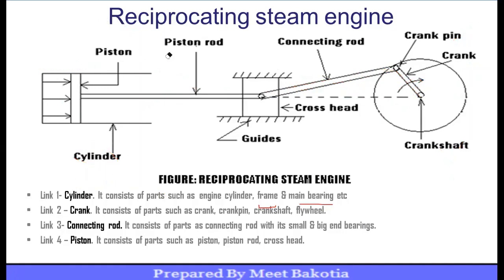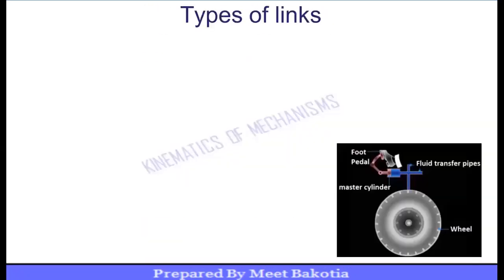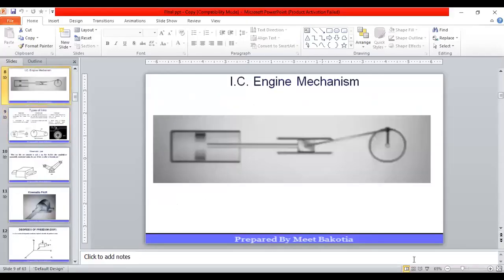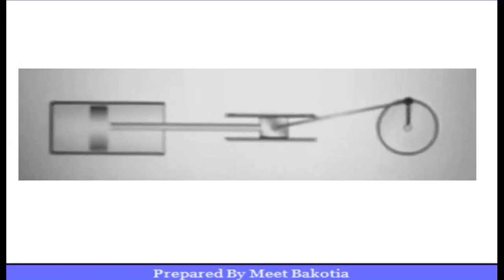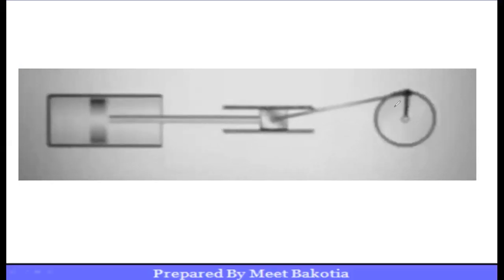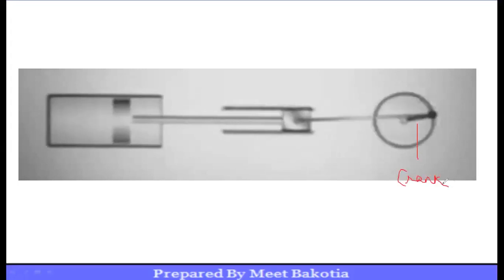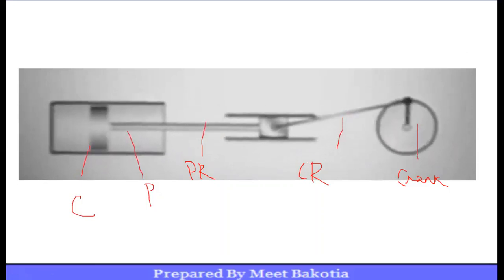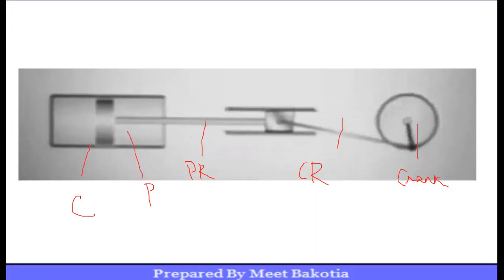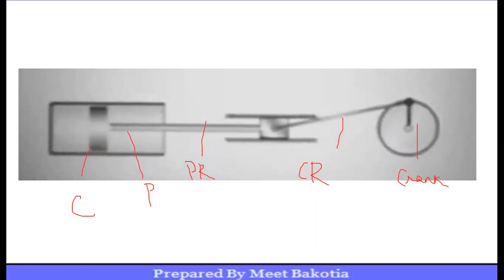Moving ahead, I just wanted to show you how it works. So basically it works this way, right? You can see the crank is rotating. This portion is my crank, right? This is the connecting rod. This is the piston rod. This is the piston, and this is the cylinder. So you can see here, as the crank is rotating, the connecting rod is oscillating. The piston and piston rod are reciprocating inside the cylinder,